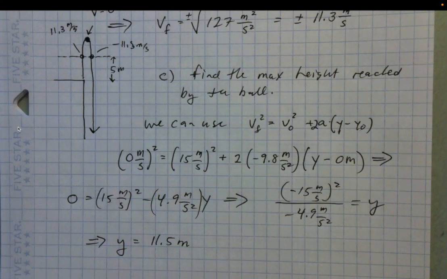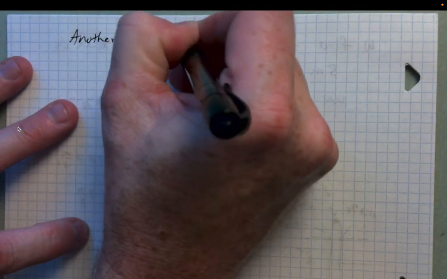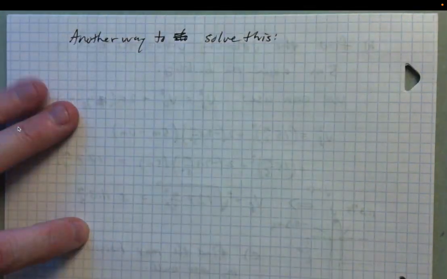Right? So that's one way to find it. Another way to find it, we'll go through just a secondary approach, just to emphasize this idea that there are multiple approaches to these problems, right? So while there are 3 kinematics equations, you can go a long ways just using a couple of them, right? Another way to solve this would be to use